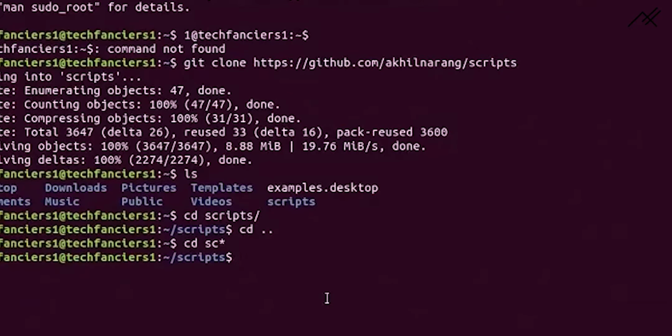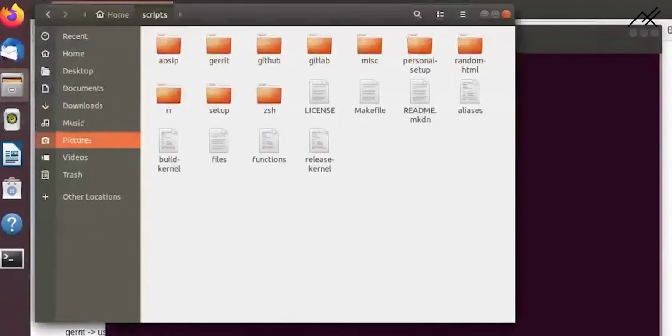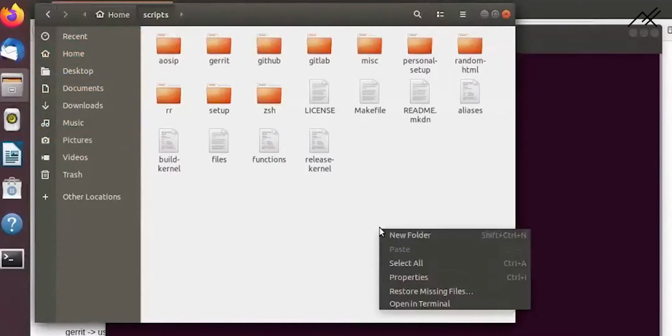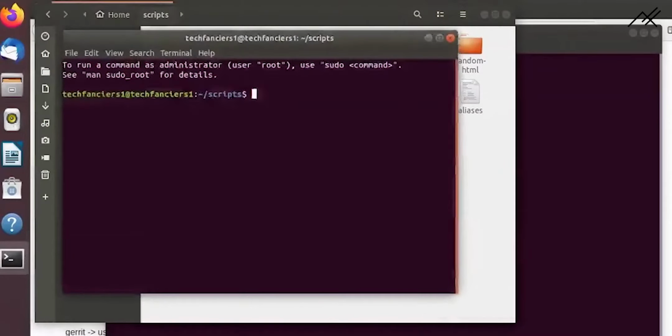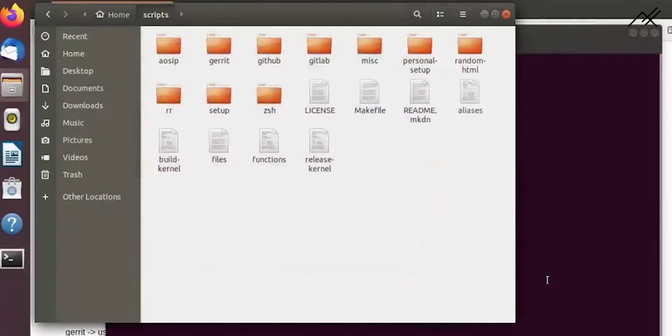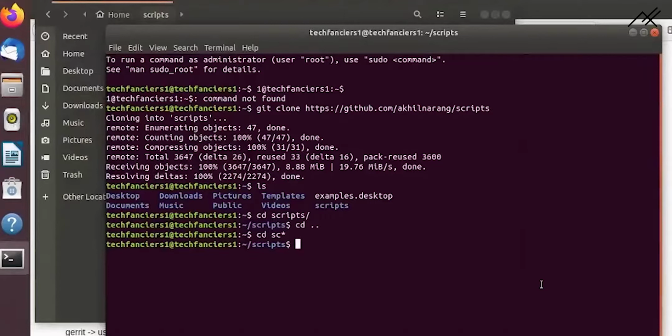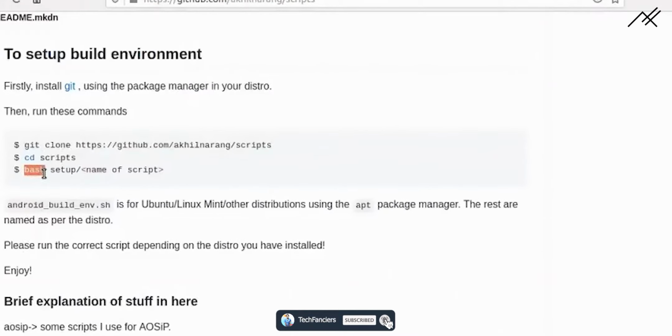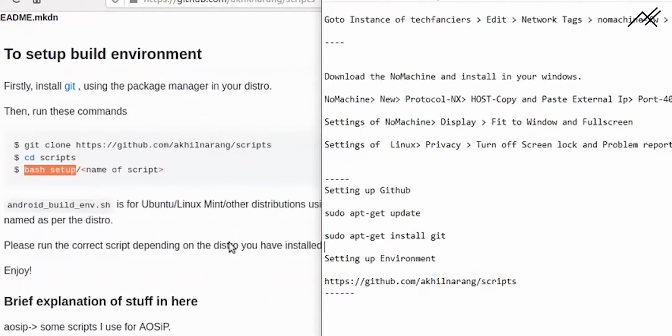That's your opinion. And if you want to open it inside this folder, you can go inside, right click, and you will have the open in terminal option. It will open from here. So there are multiple ways. You will get used to it once you come inside Linux. So once you have it, just copy the third command. We are using the bash script and setup. Okay, bash.